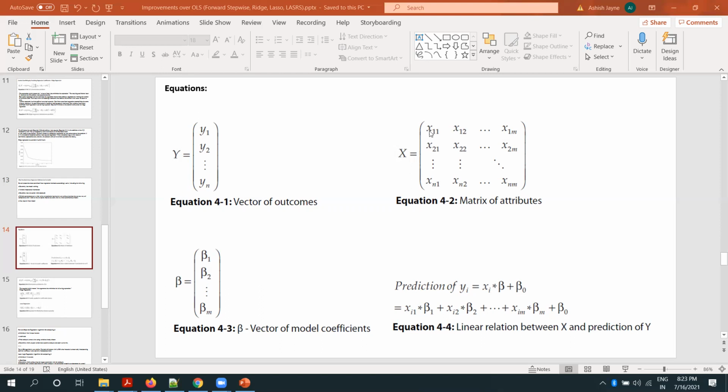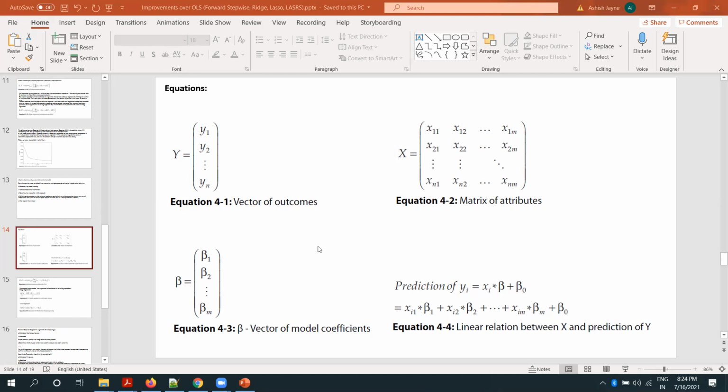Matrix multiplication tells us that each row is picked from the first attribute, first variable, and x11 will be multiplied by beta 1, x12 will be multiplied by beta 2, and so forth. X1m will be multiplied by beta, and you would get a term to represent y1. The prediction of y1 is done like this: you multiply xi with beta, you get a matrix, and when you multiply x with beta, the matrix you would get would be